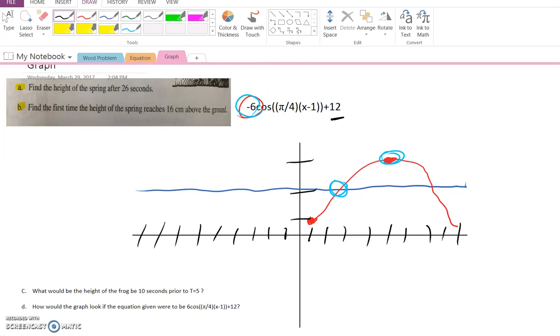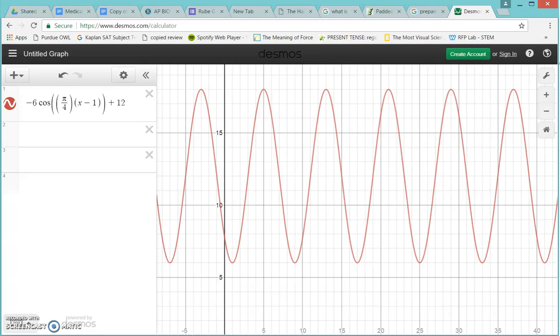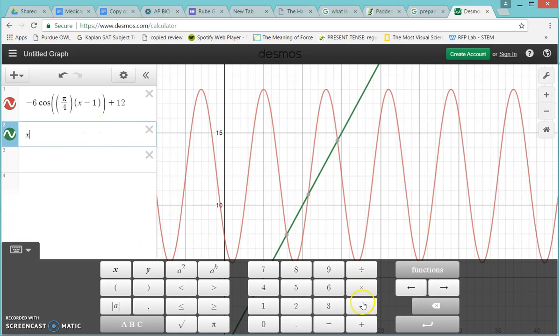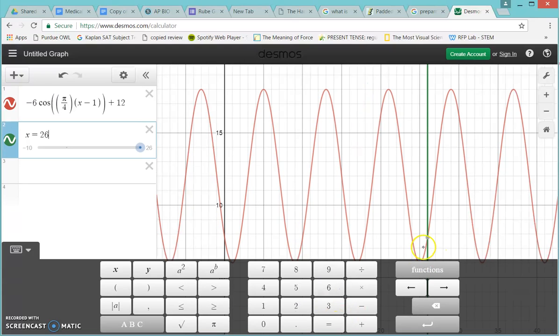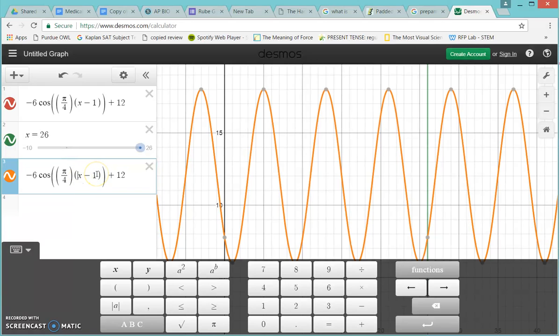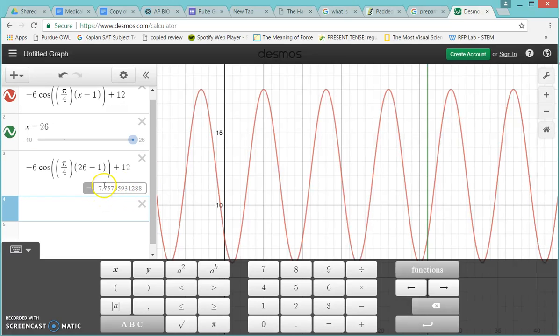We have our equation and a graph, so we can find A, B, C, and D. Question A asks us to find the height of the spring after 26 seconds. So we need to plug in 26 for X. Since our graph isn't so good here, we're going to pull up another graph with Desmos. Here we've already graphed it, and 26 seconds is about here. We already have this equation, so I'm going to do x equals 26. That's where it should be right there. Now if we just paste, plugging in 26 instead of X, we can find that the height Y is equal to